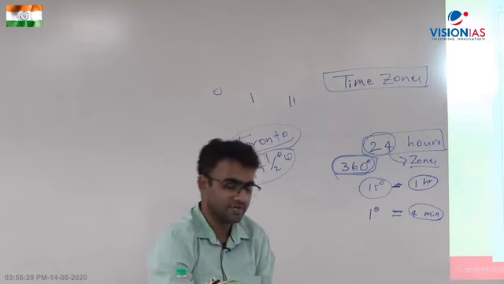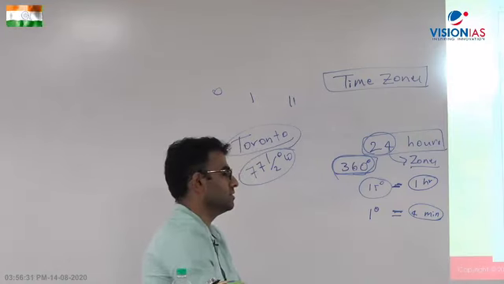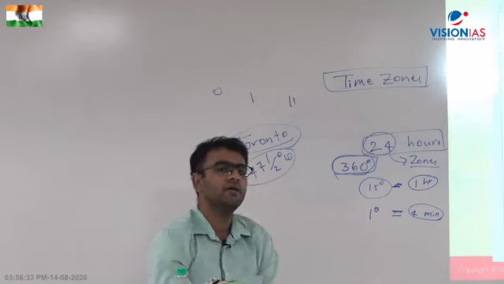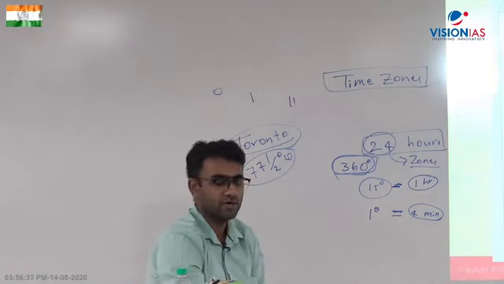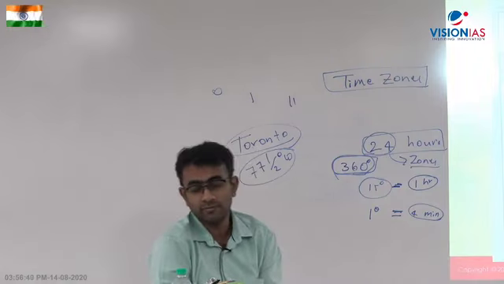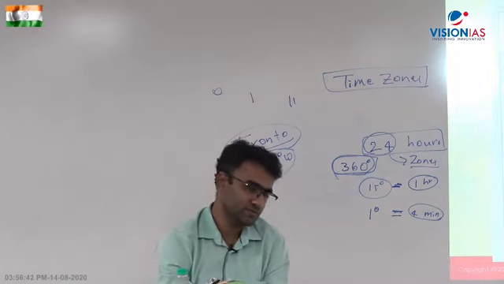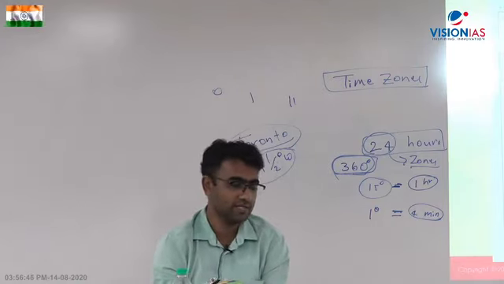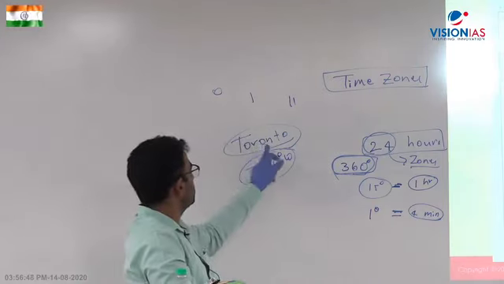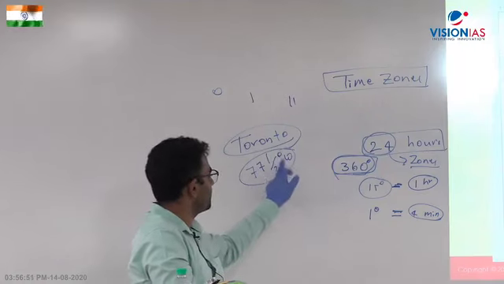Munna says it is 77.5 degree west, and he will tell you to calculate it yourself. You calculate by yourself. Since you are there, Kalin Bhaiya says, please calculate the time and tell me. This is what Kalin Bhaiya has said, and he says that Toronto's longitude is 77.5 degree west,